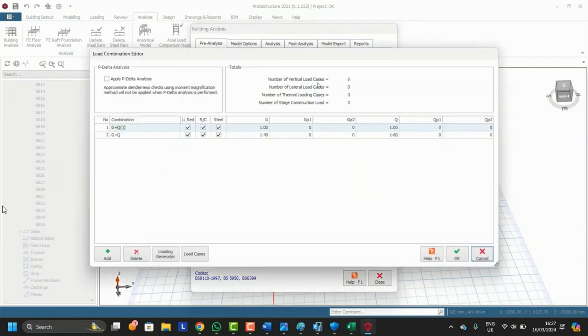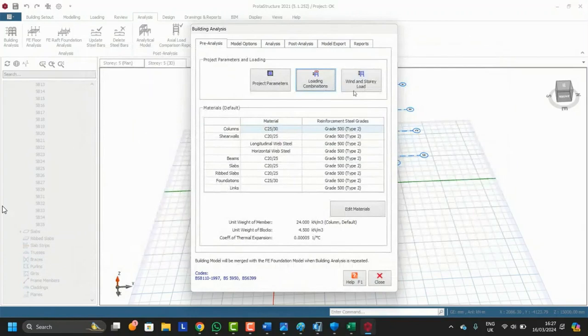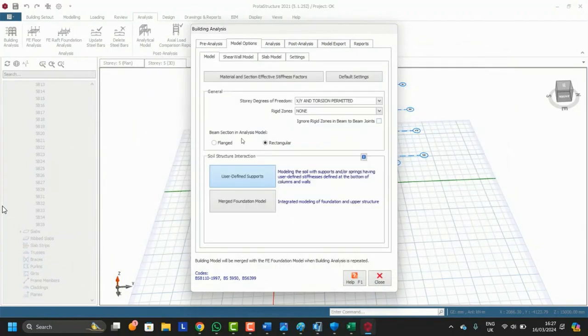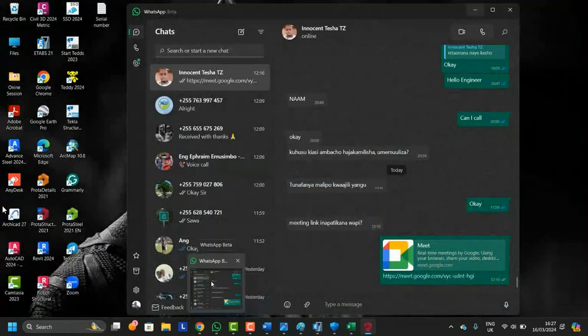Then for the loading combination, remember we already came up with these load combinations. For the wind, we don't have wind. Go to model options. For the model options, please listen now. From clause 3.4.1.5 of BS 8110, I think I closed the BS, but you just go to that clause. We have